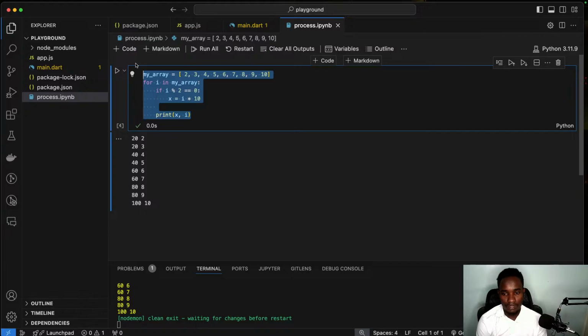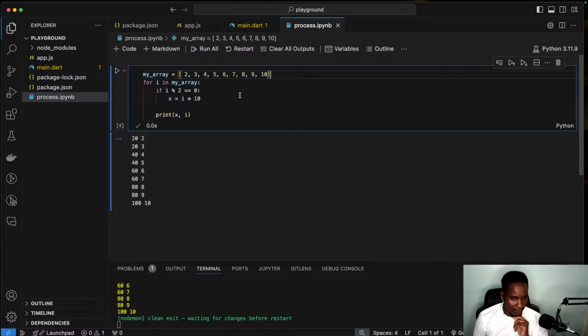in this code I'm using Python right now, and I have this array. We started from 2 going onwards up to 10, and then I'm doing a loop within that array, and I'm checking if the value that I am looping at that index is divisible by 2, meaning that it's an even number. If it's an even number, then I'm assigning x to take the value of i, and then I'm multiplying it by 10. So x is equal to the value of i times 10. But